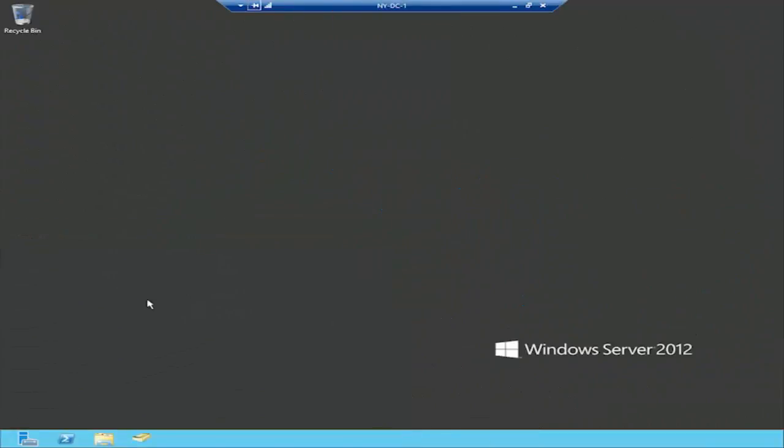Okay, so to get things started, here we happen to be on NYDC1. This is our main domain controller that we created for the globalmantics.local domain. And because it is a domain controller, it's going to automatically have the group policy management tools built into it. Now, we could remotely manage group policy from any other Windows Server 2012 computer or Windows 8 client that had the management tools installed,